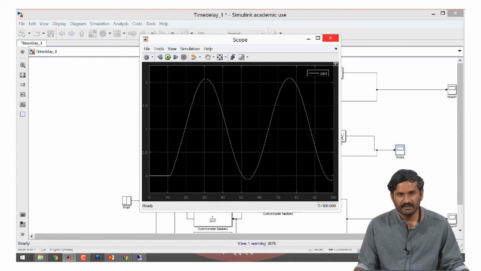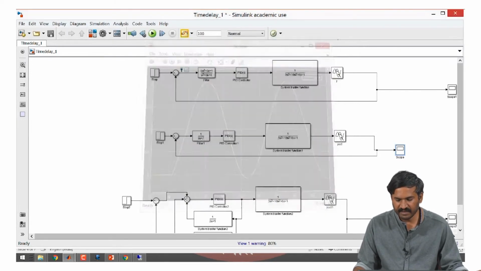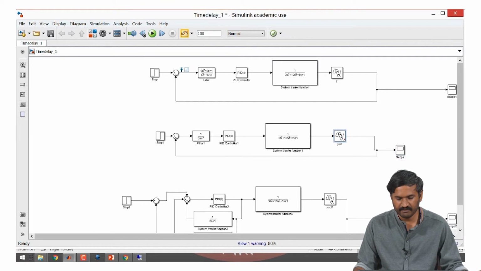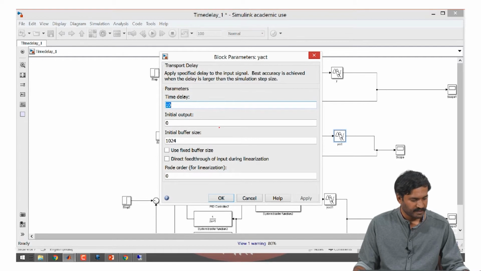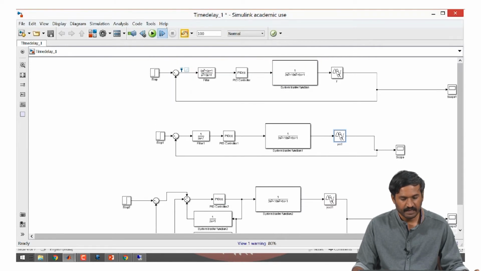Any more model mismatch which is greater than 10 seconds will result in unstable control. So, as you can see, we can tolerate up to 500% error. Now, let us simulate for some 6 seconds time delay and see the output.